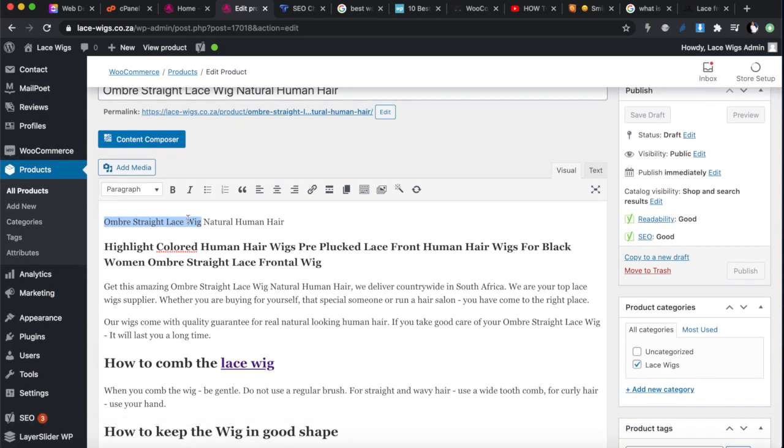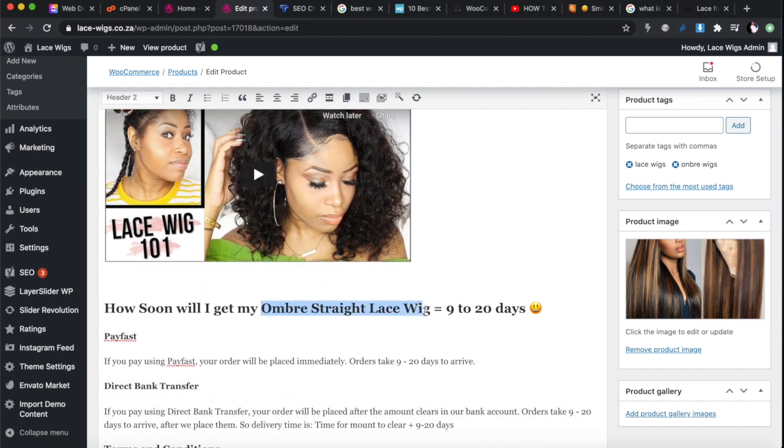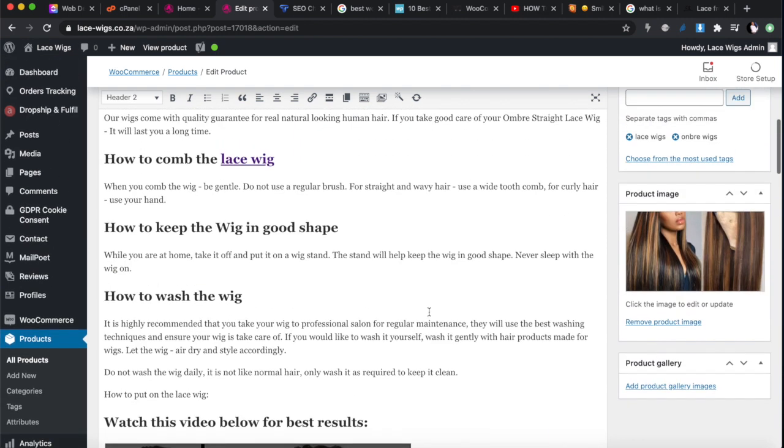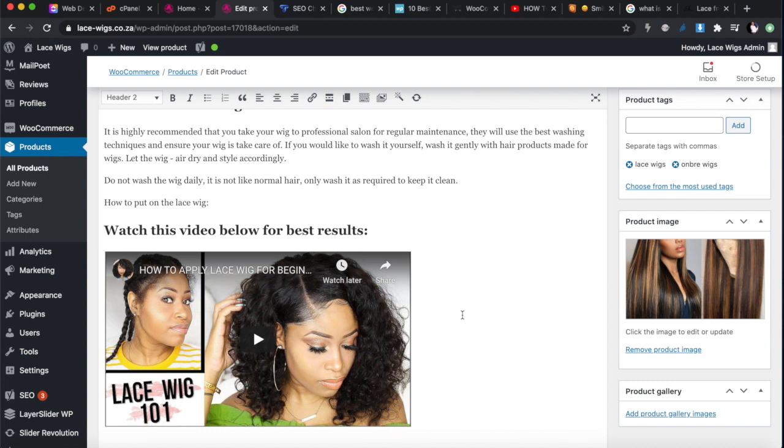Okay, so I have it there. I have it in a title there. Okay, and I have it, I think, somewhere else. I think it's about 3 or 4 times it must appear on your page, and not more than that. So also don't over optimize. Don't have your keyword appearing 100 times or 10 times. 3 or 4 times is sufficient.